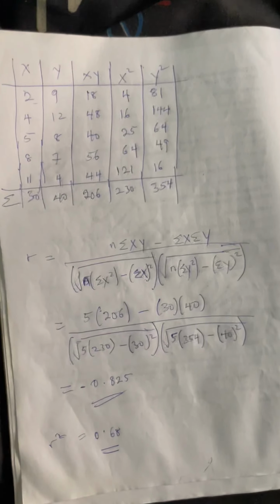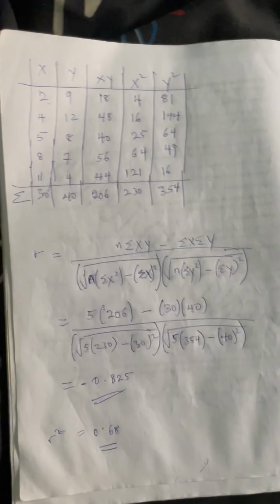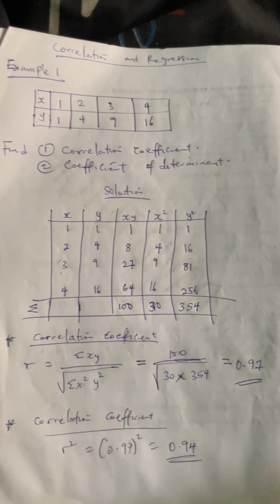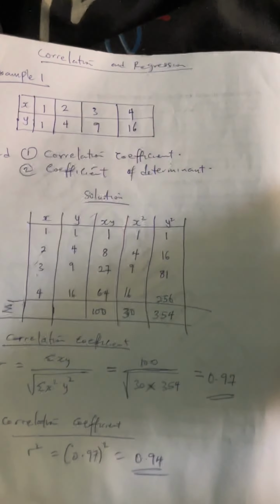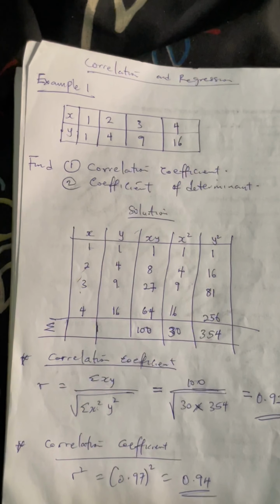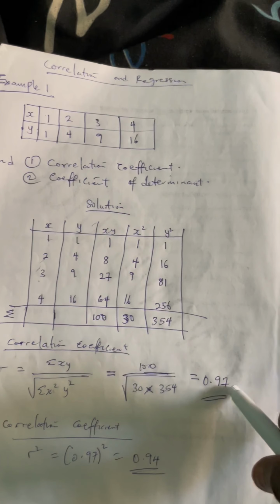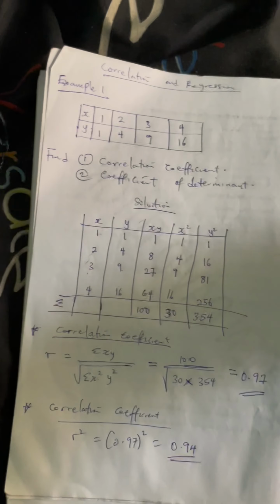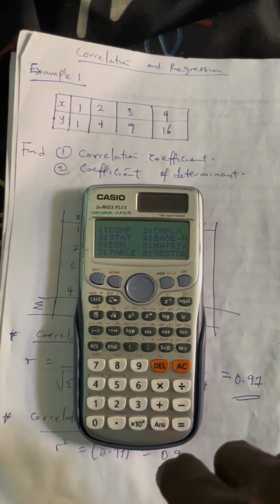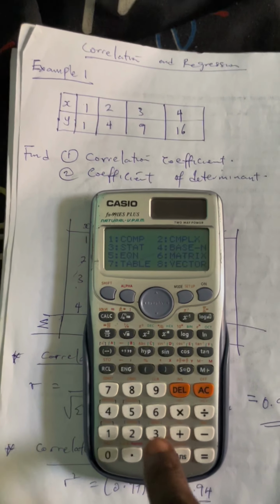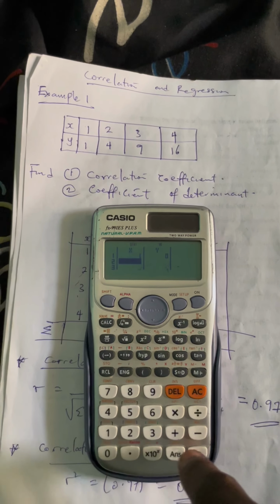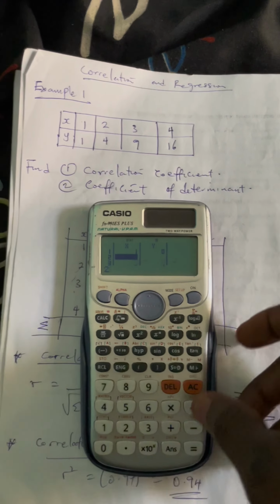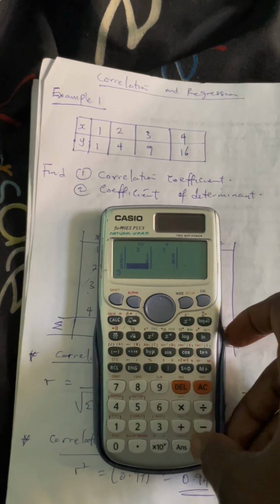Let me start from the first question and go to the last question. Don't forget, the first question is this. If you have to solve this one to find the correlation coefficient, don't forget what we got here. We got the value here to be 0.97 and r squared to be 0.94. So if you want to do this, you press your mode, you go to start, that's number 3, go to 2, then input all the x. We have 1 equals to, we have 2 equals to, we have 3 equals to,